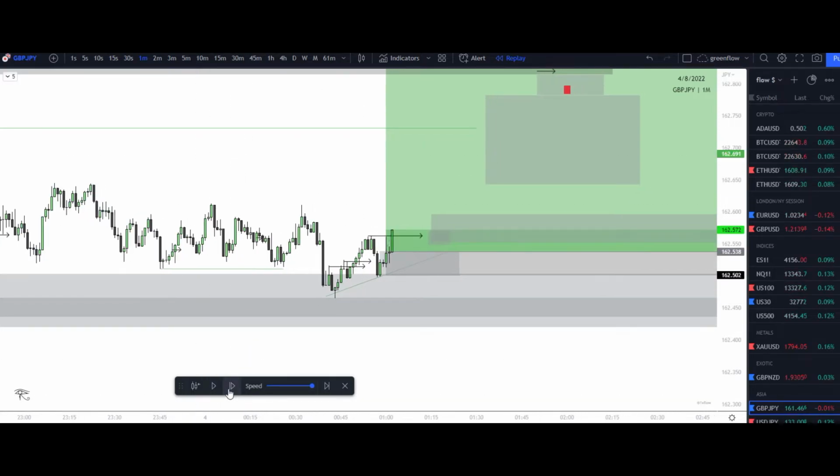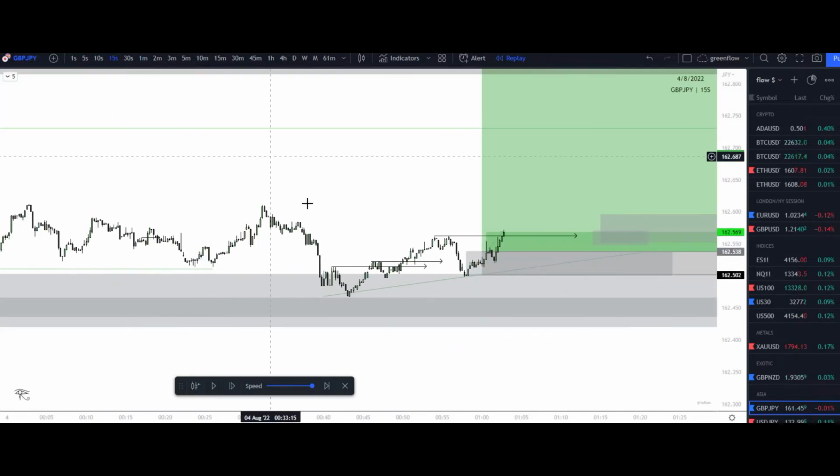Let's go ahead and play this out. We get that break that is presented right here. I get an institutional candle. Why am I choosing the institutional candle again? Because we got a liquidity raid to the downside and then immediately got that break of structure to the upside internally on lower time frames.